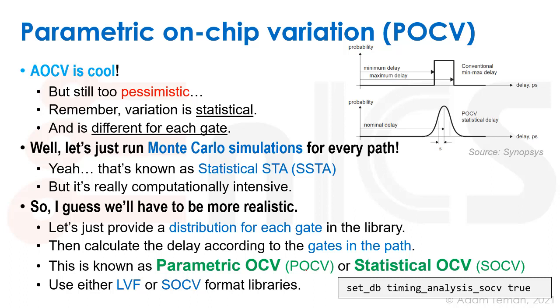And this also, again, has a new type of library format. It's either called LVF, Liberty Variation Format, or SOCV for the Cadence tools. They're very similar to each other, and again, you have to get these, and it's suggested to use under 16 nanometers or so. So you would again use this with some sort of setDB, such as setDB timing analysis SOCV true, and there